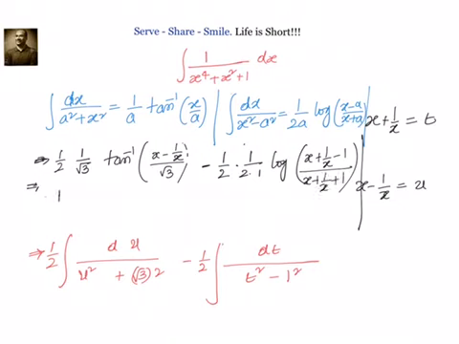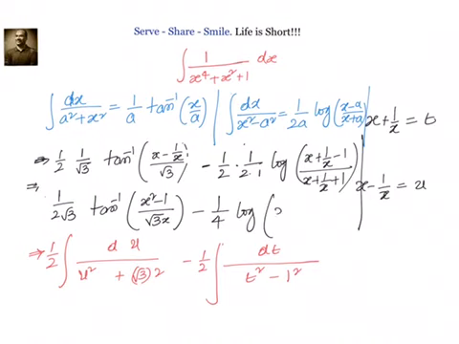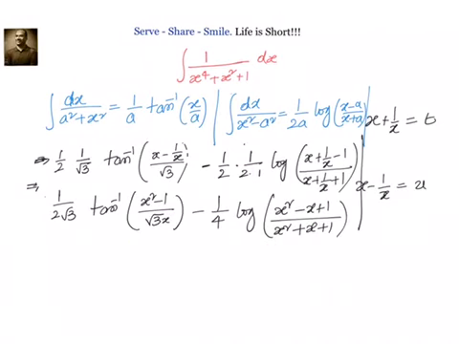We will have 1 by 2 root 3 tan inverse (x square minus 1) divided by root 3x, minus 1 by 4 log of (x square minus x plus 1) divided by (x square plus x plus 1). You can leave it there, otherwise we can make the log positive by reversing them. I can write it